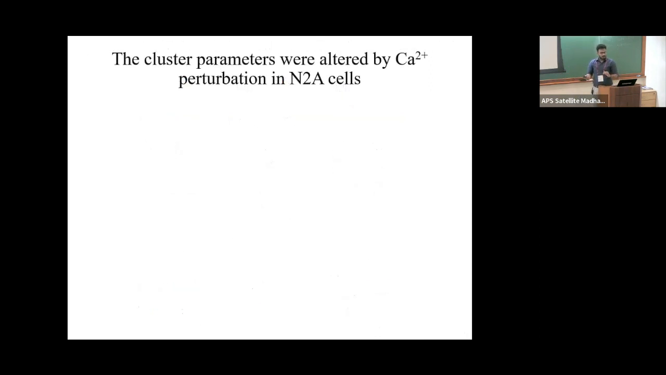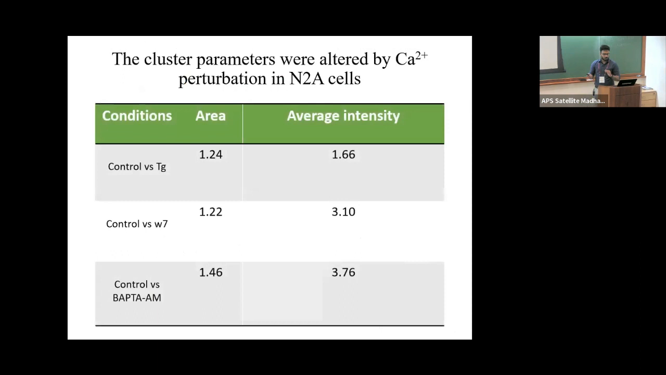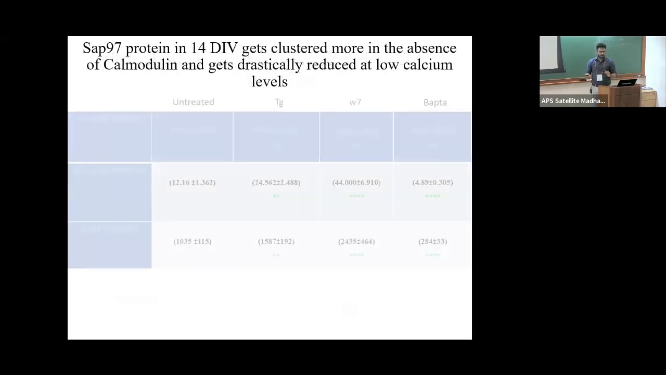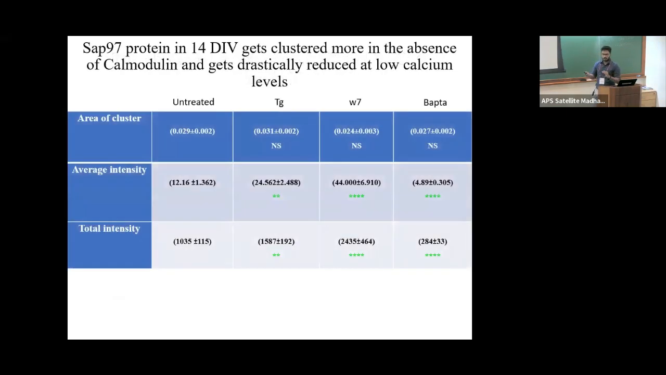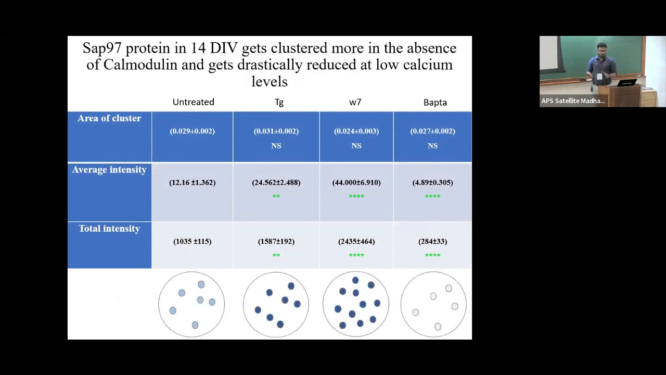So the cluster parameters were altered in Neuro2a cells, and we could see that both the area as well as average intensity got drastically increased. And this we tried to replicate in matured neurons, since there was no change in the younger neurons, and we could see similar results to what we saw in phase transition. We could see that the cluster parameters were changing here also,